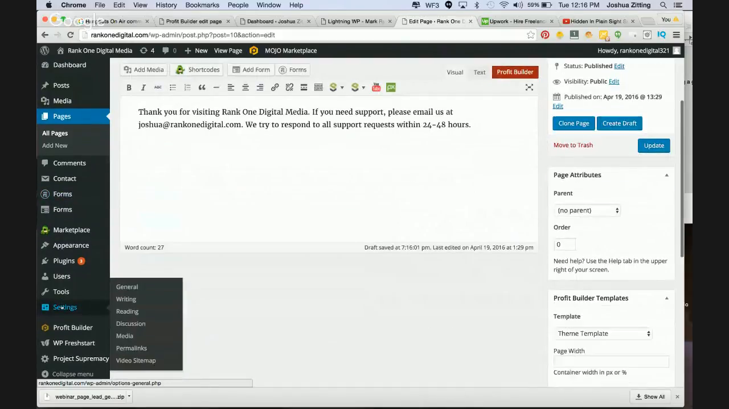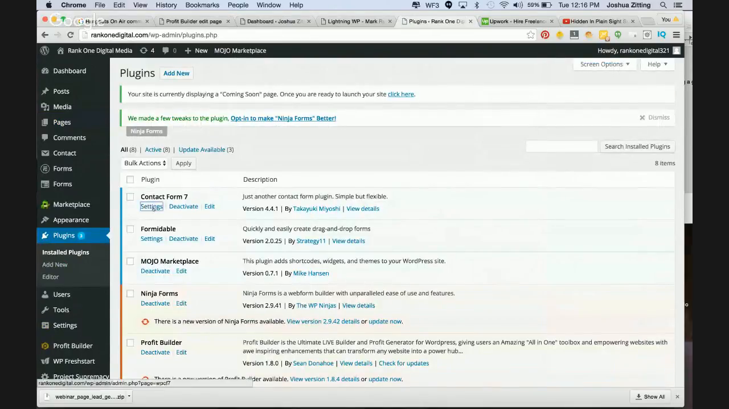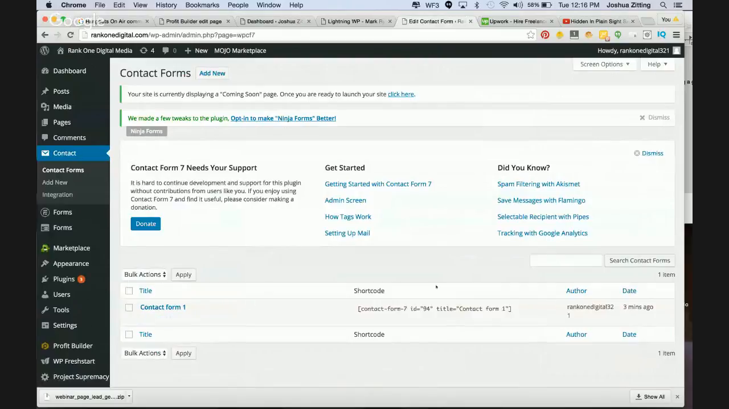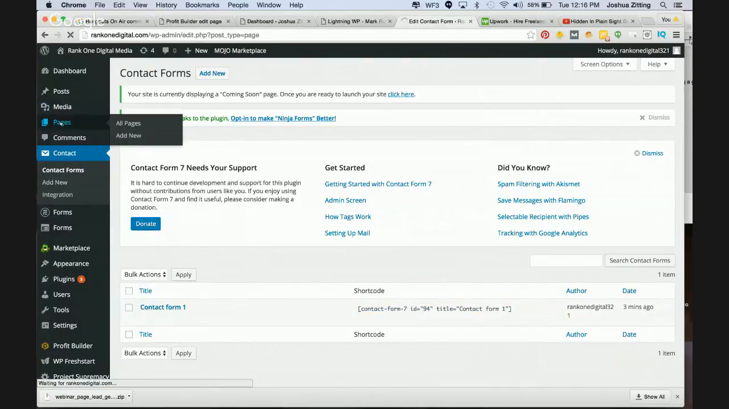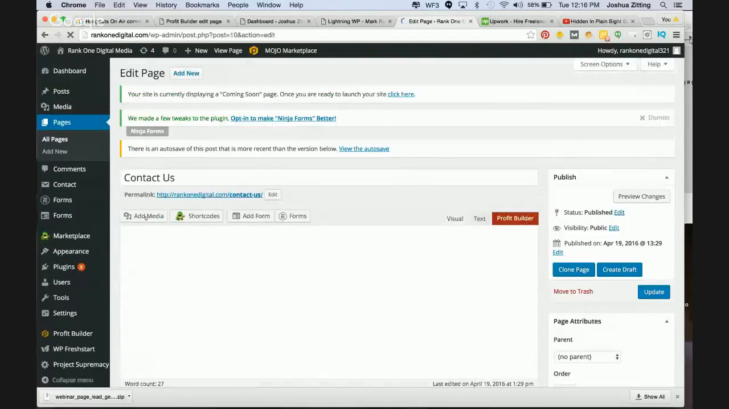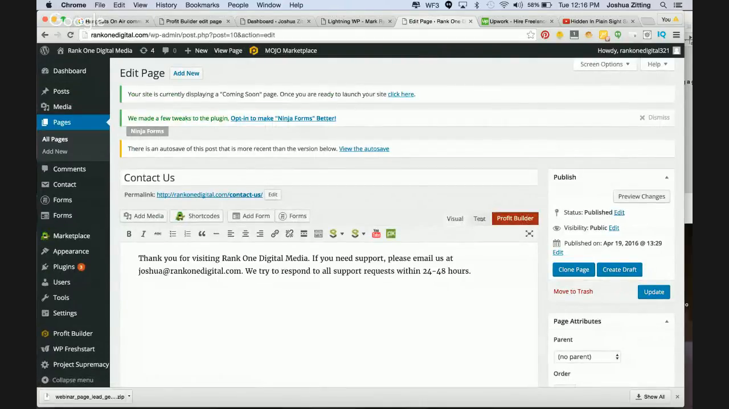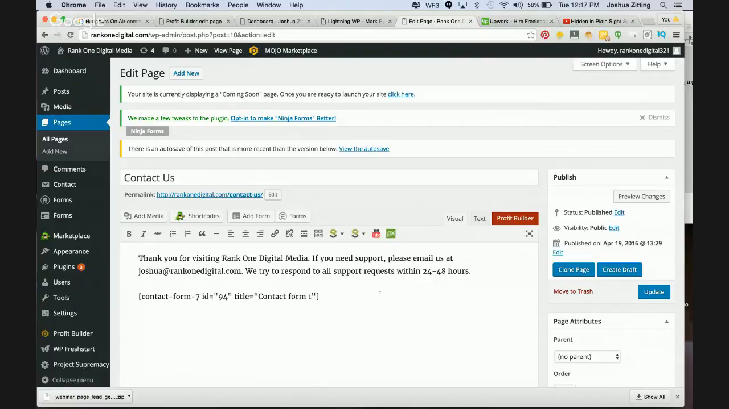Why am I not seeing, there it is. Sorry guys, a little bit blind this morning, plugins. Okay, so I misplaced that code. So let's copy that Contact Form 7, okay? And then we go back into pages and edit your contact us page. And then again, this is code. So we want to be on the text tab, and then you just drop that Contact Form 7 code right here. And when you update,